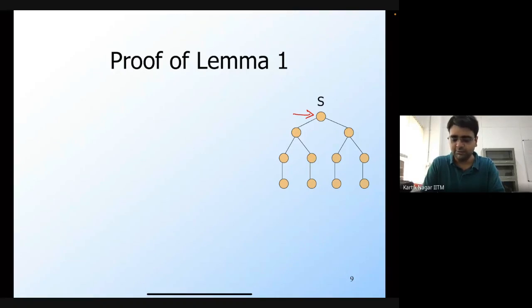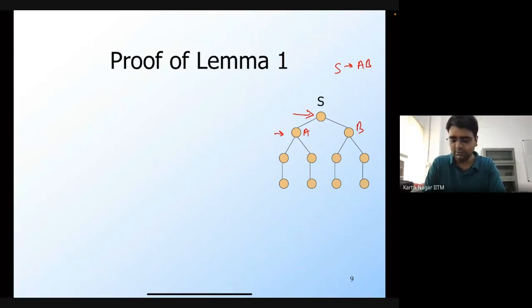Now at the next level, there will only be production rules of the form S generates some AB, which means I can have at most 2 nodes at the next level. And similarly, at level number 1, again I can at most double the number of non-terminals that are present in the string. So this will be a non-terminal, let's say A and B. Then again I could use some production rule of the form A generates, let's say, CD or something like that.